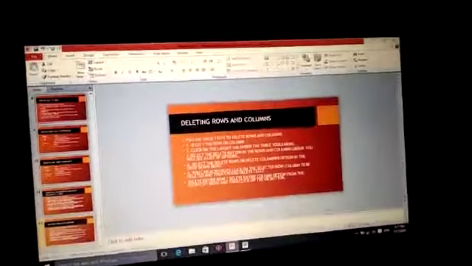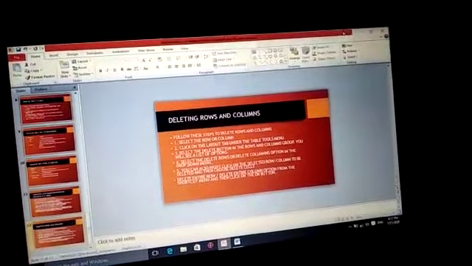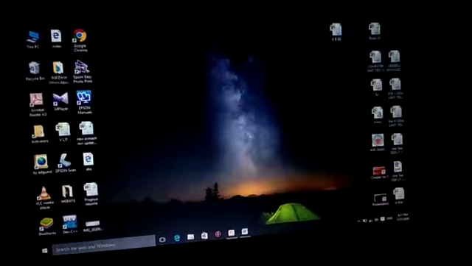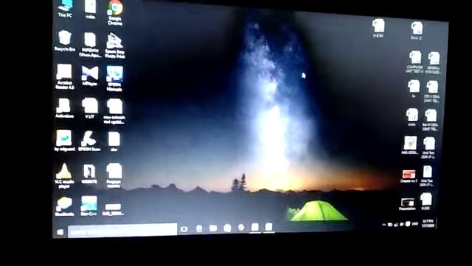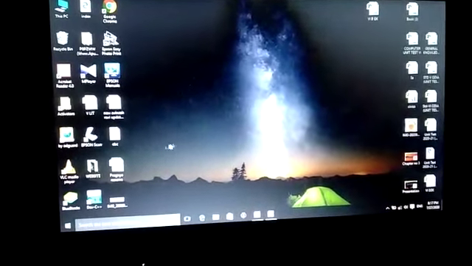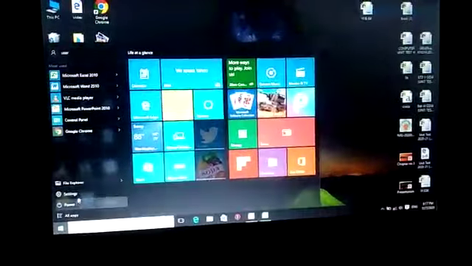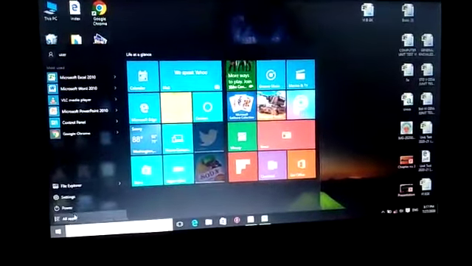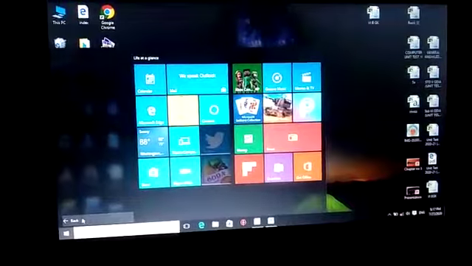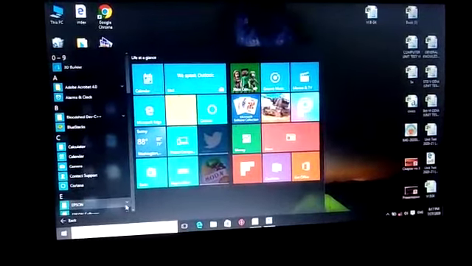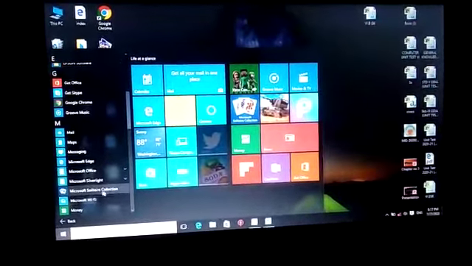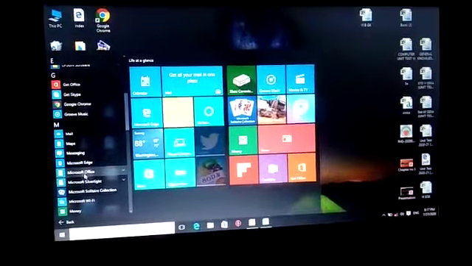So now we will see the practical work. So let's minimize this one. You already know how to open Microsoft Word. First click on the start button, then go to all apps, and there you will get Microsoft Office.